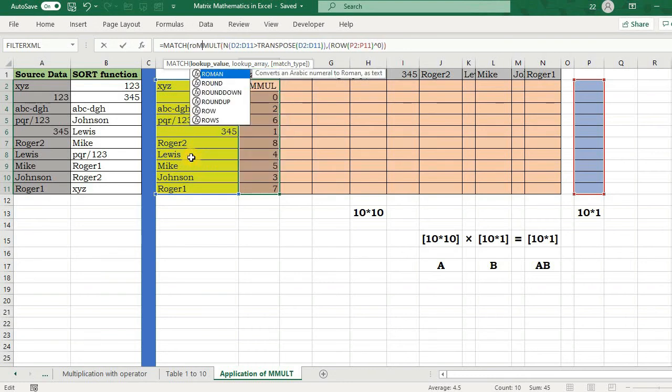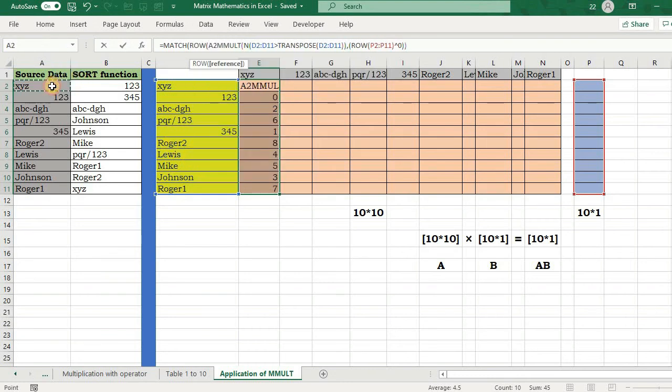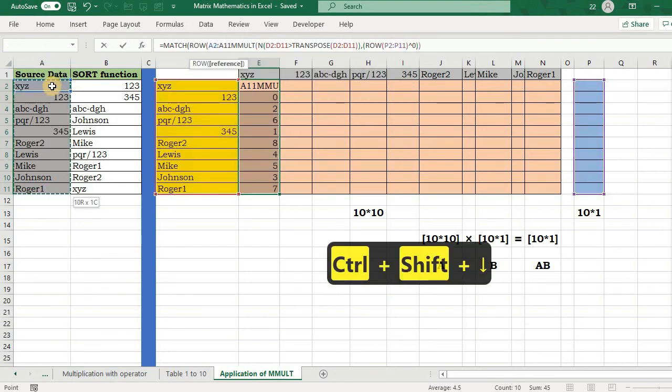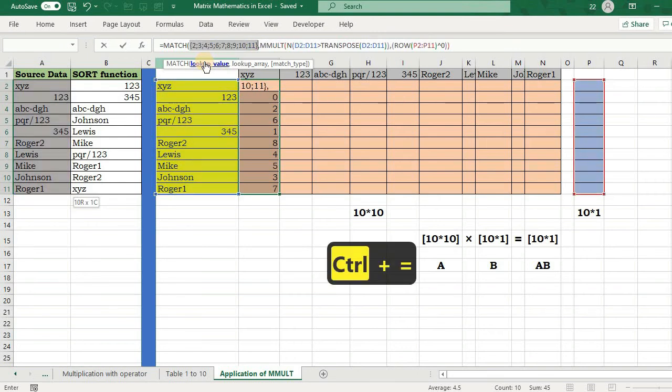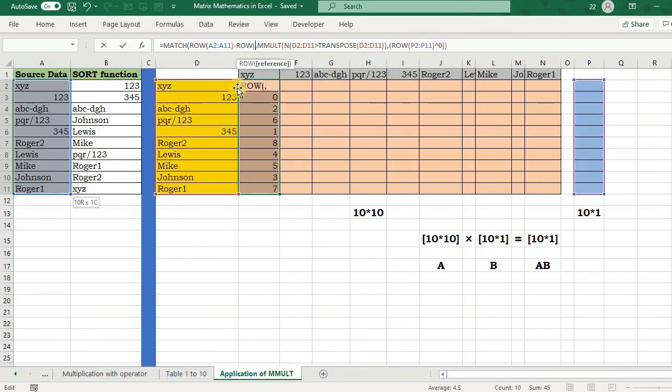So I'm selecting ROW. This gives me the lookup value. You can check, the lookup value is 2 to 11. I will subtract the row number from this. So now check the lookup value.